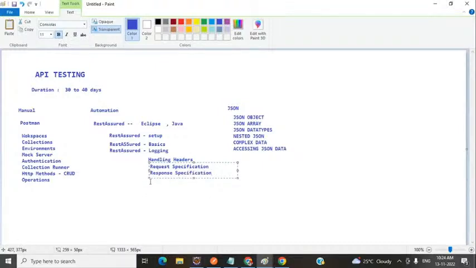Okay, so after covering this request specification and response specification,